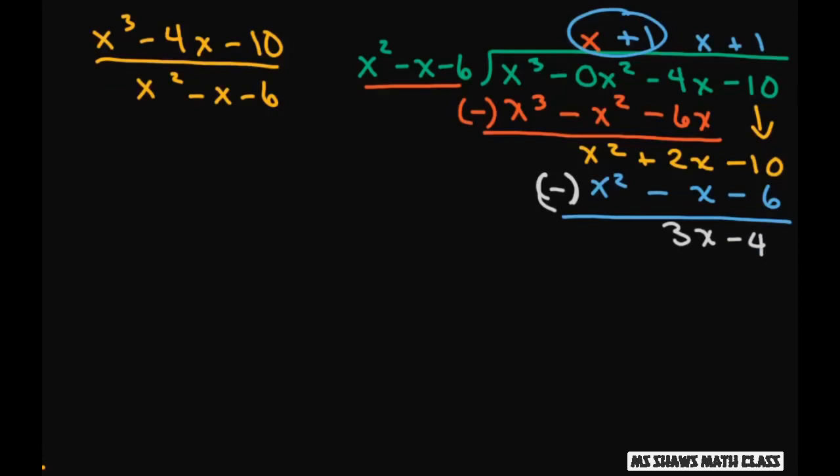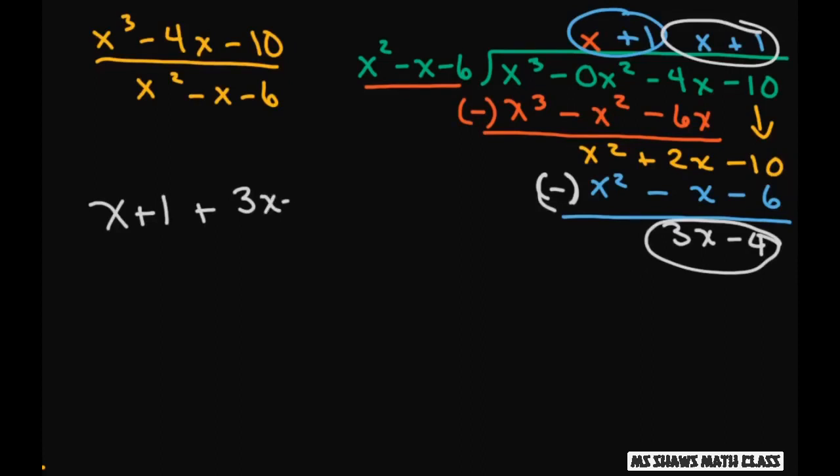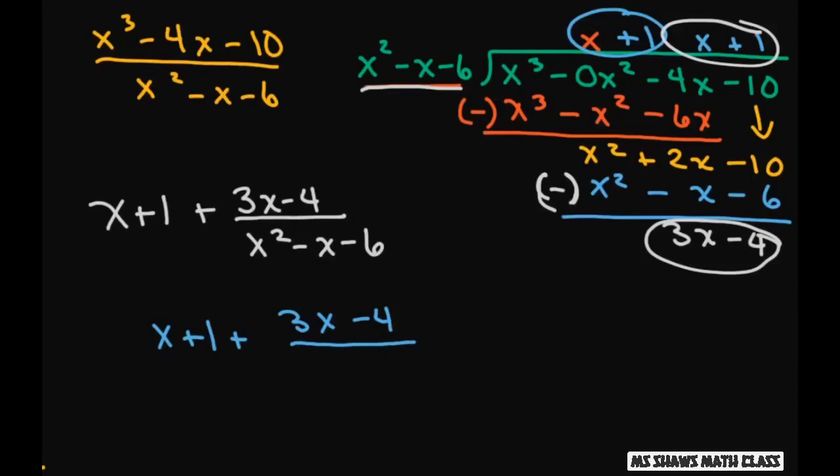So your final answer is going to end up being x plus 1 plus your remainder, 3x minus 4, divided by your divisor, which is x squared minus x minus 6. So what we're left with is x plus 1 plus 3x minus 4 divided by, and factor this out,